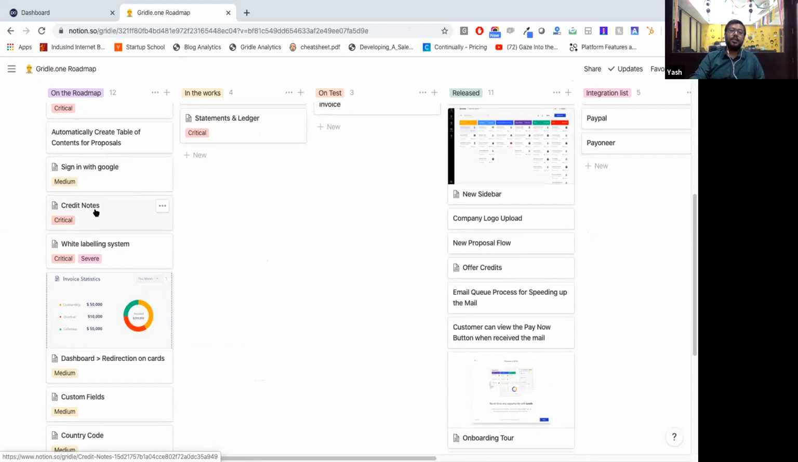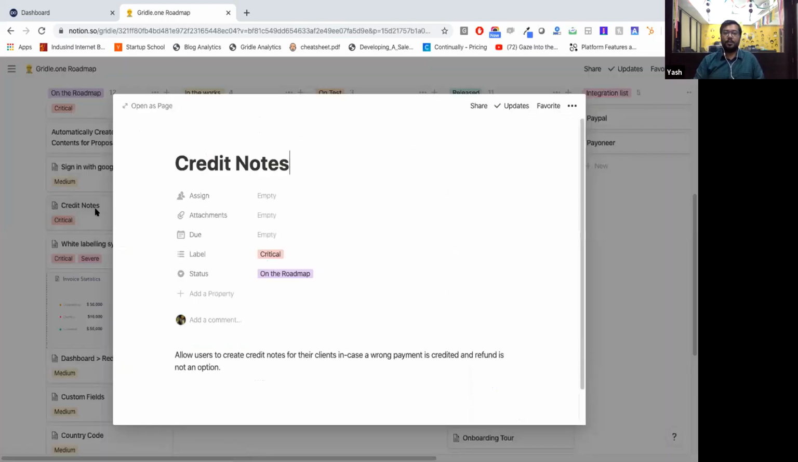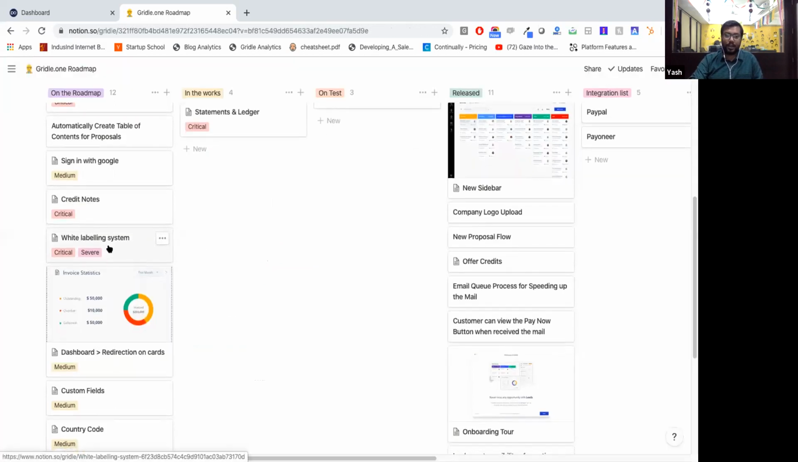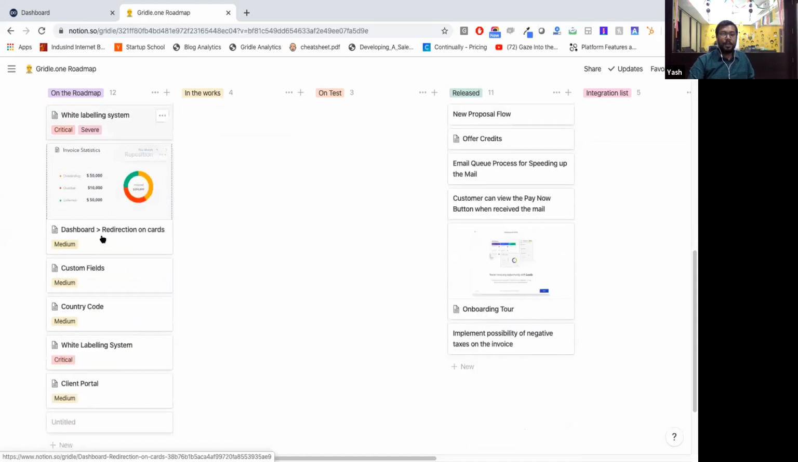In case a client has made a payment that was not supposed to come to you, or if you're not in a position to refund, you can issue a credit note which can be redeemed when they work with you next, right? This is also critically on our roadmap, where we're building the white labeling system with the sub accounts and the admin level access for all of our users. Another cool